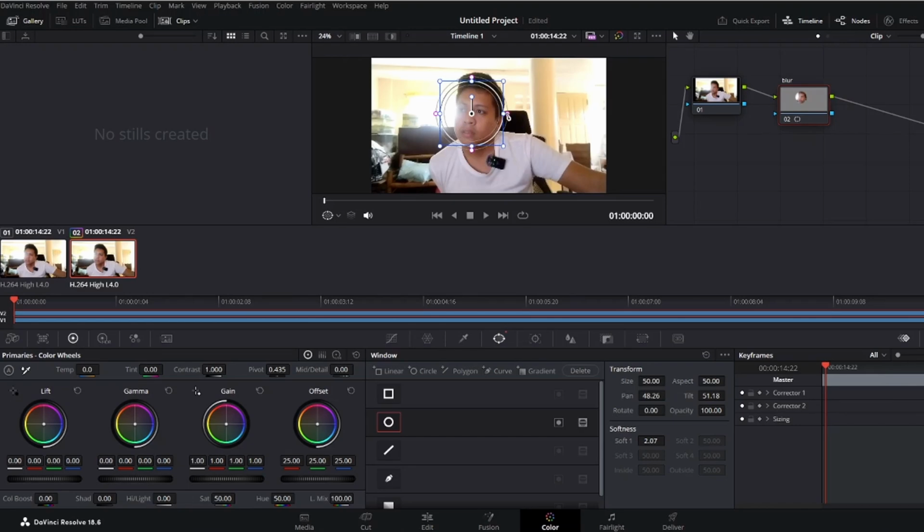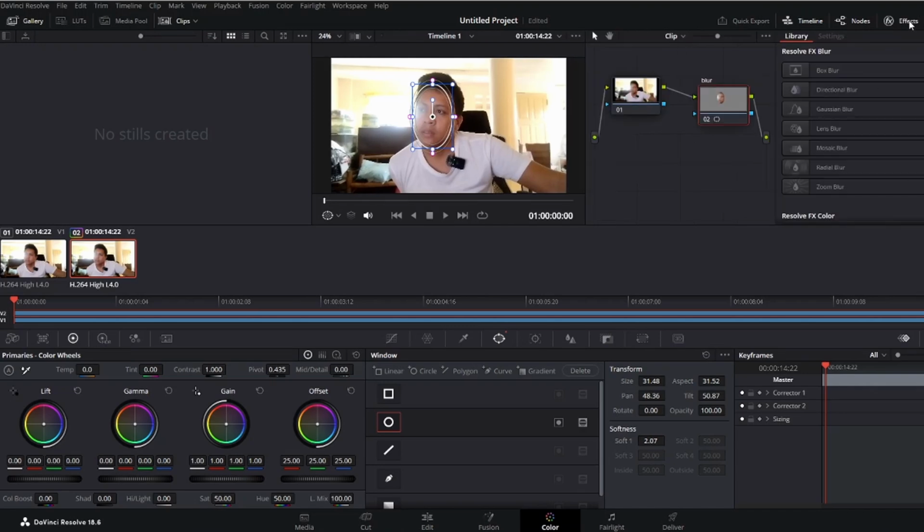You can also change it into oval shape by dragging it over, and then you can apply, or before, actually you can wait, effects, click on effects and then add the